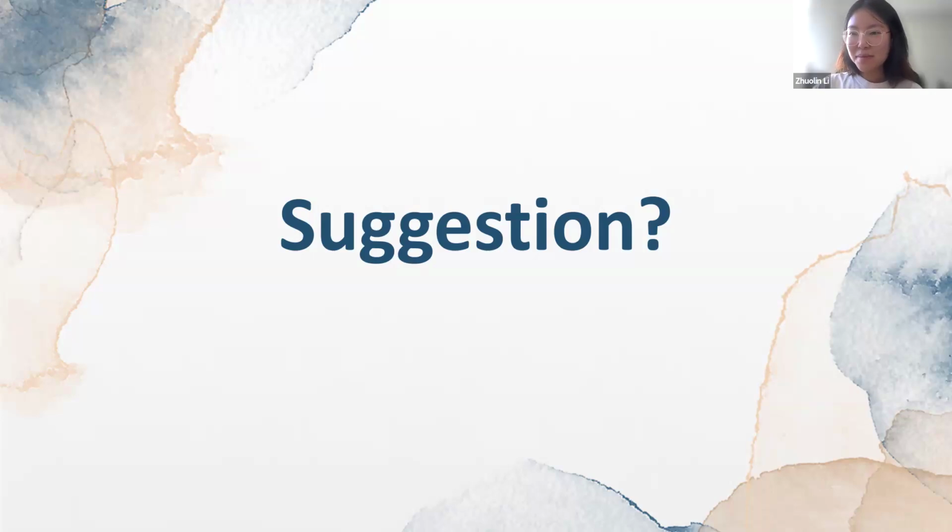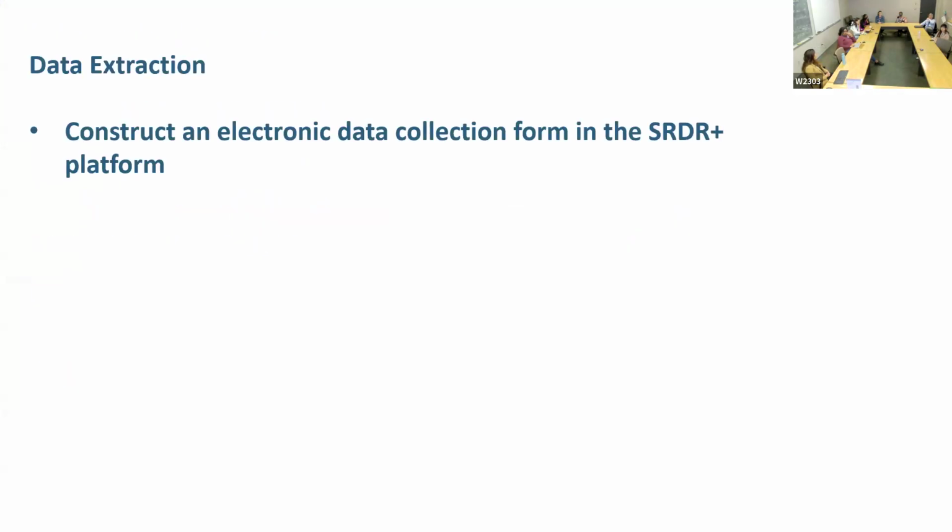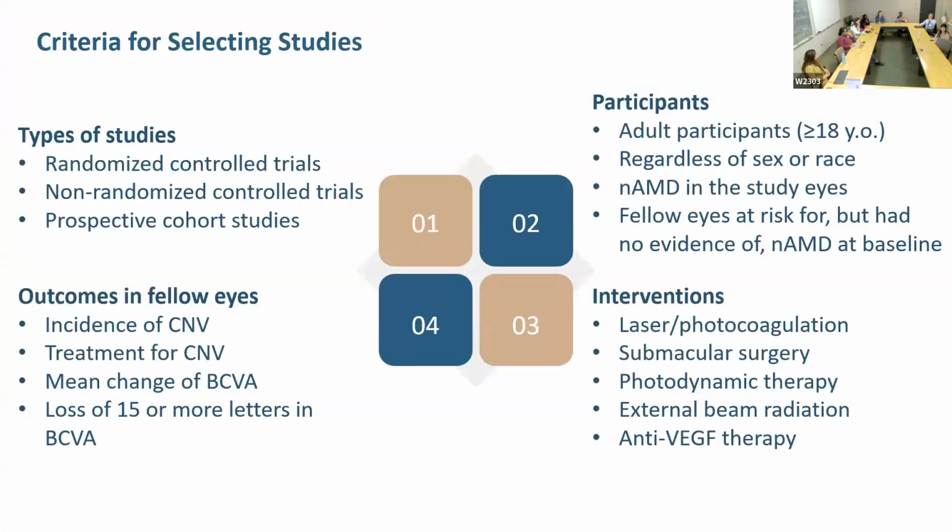Thank you. I just have a quick question about some of the inclusion or exclusion criteria that might be specific to the trials that you might include. Are you looking at any of the inclusion or exclusion criteria that might be specific to the fellow eye? Because that sometimes comes into play with including participants in trials, especially for AMD. Other than free, I know you're saying that they're at risk, but no evidence of AMD at baseline, but there are no other criteria? Or are you checking to look at what all the criteria are for including or excluding participants with fellow eyes in that setting?